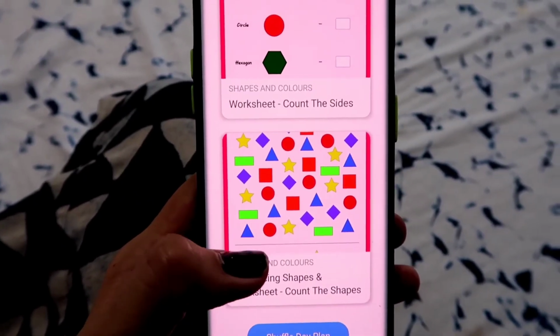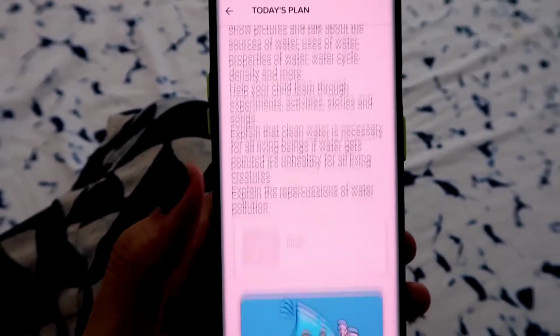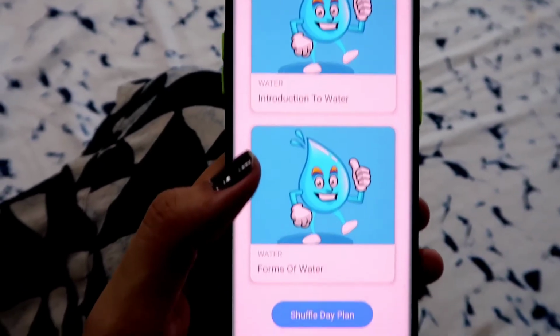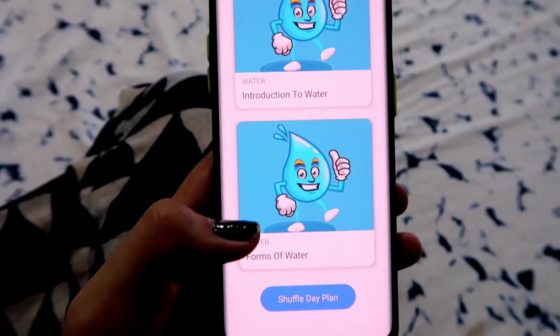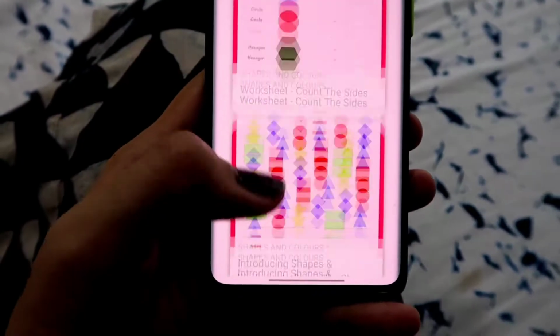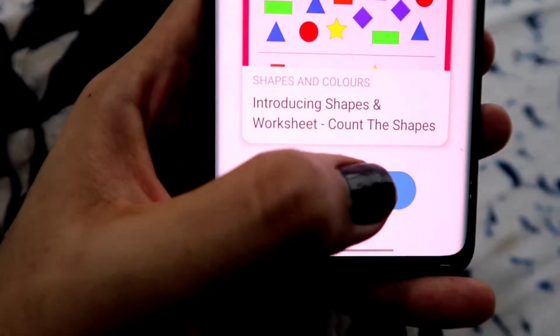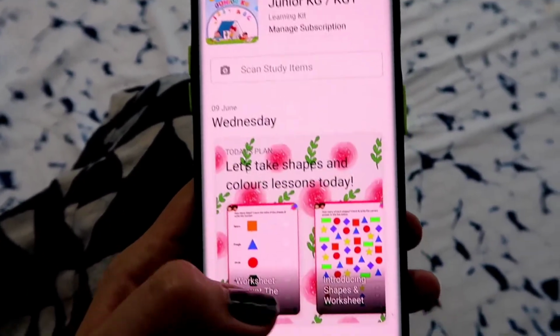So this was the first activity I had seen. This also I don't feel like doing. And again we are back to water. So they have given you 5 to 6 activities for a day that they have planned for you, and then you will keep shuffling. It's very simple, just keep going down and do the shuffle, just tap it here and then you will see what it is that you have to do.